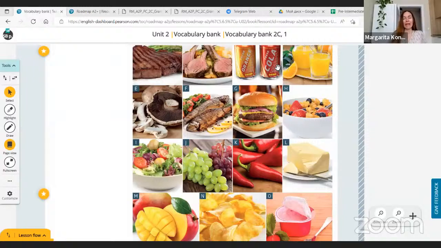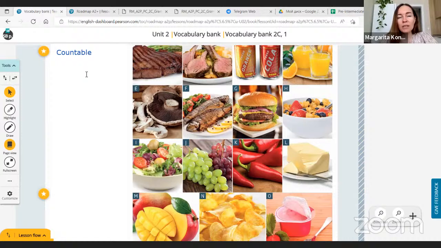Wonderful, good job. And now we are going to sort out these words into two groups. Have a look. I'm going to try it out. Let's look at M. How many mangoes can you see? I see two mangoes. 2 mangoes, exactly. So we can say 1 mango, 2 mangoes, 3, 5, and so on. And these are the words that are countable. Yeah, we can say how many.